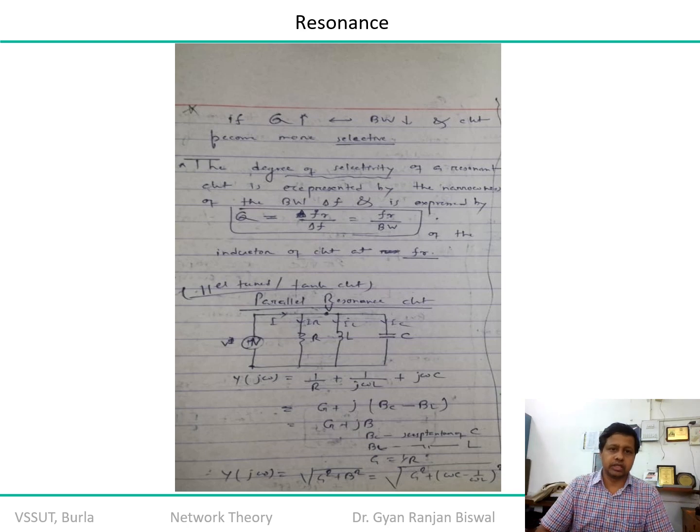So you see that your quality factor is defined in terms of your resonant frequency, in other words called your natural frequency, upon deviation in frequency. So quality factor and bandwidth are inversely proportional to each other, and quality factor and resonance frequency are proportional to each other. If you are going to improve the bandwidth, quality factor has to be compromised. If you want to improve the quality factor, bandwidth has to be compromised.